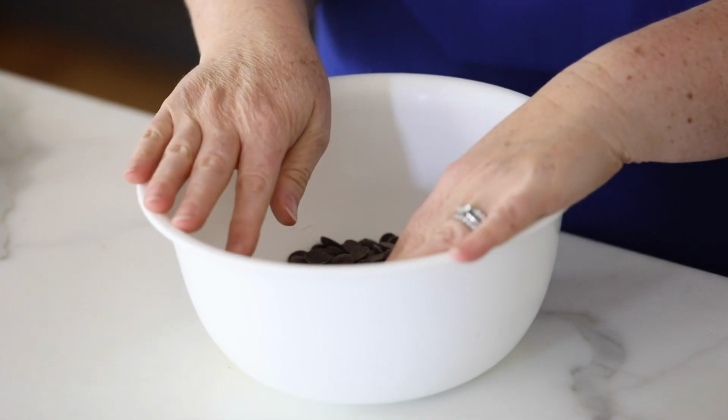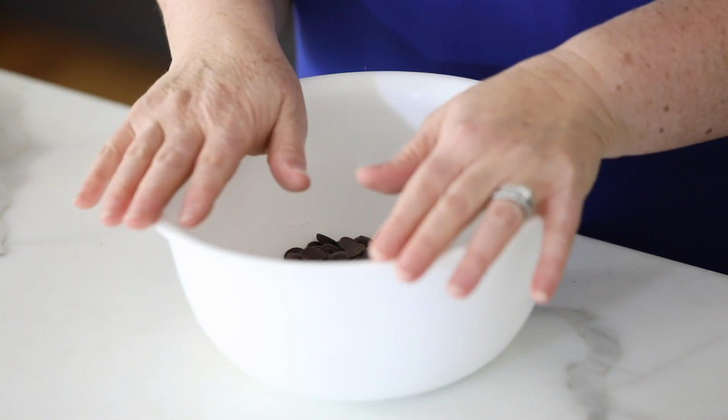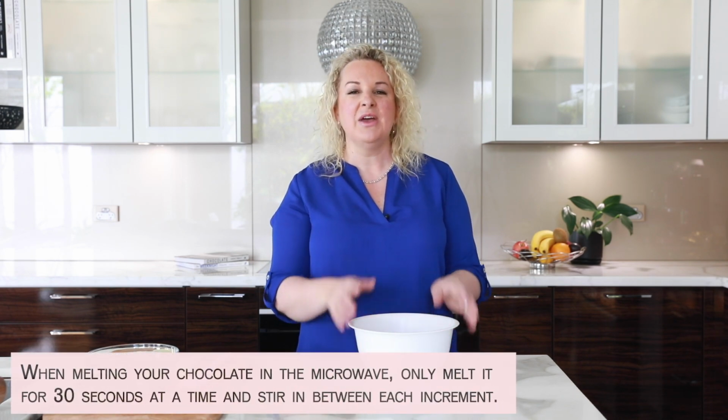Now some people, when they're melting white chocolate or sometimes milk chocolate, particularly in the microwave, find that the chocolate tends to thicken. Generally that means that you've overheated the chocolate a little bit, or the package of chocolate may have been open and the chocolate's absorbed moisture. If it's a fresh pack of chocolate and it's in date, it should be quite liquid when you melt it. Never melt it for longer than 30 seconds at a time in the microwave, and always